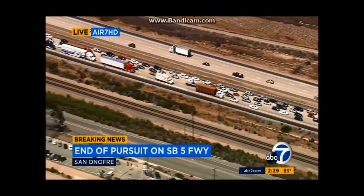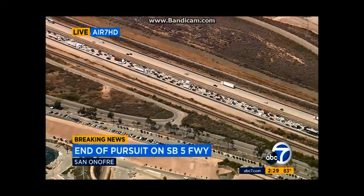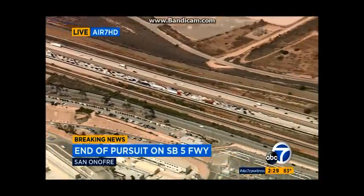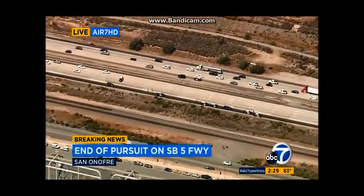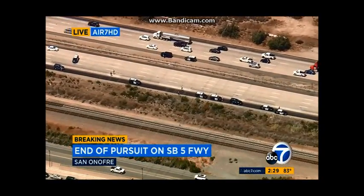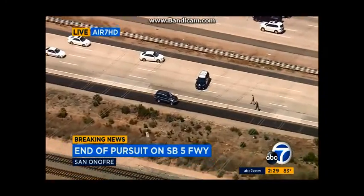Back up, not too bad, only about a mile right now. Even that should clear up very quickly. But it looks like he ran out of gas. That would be the indicator for us that he had to get pushed out by that CHP cruiser. Sometimes it's just so great that they run out of gas, and that comes to a very peaceful conclusion, because again, these can become hours-long barricaded